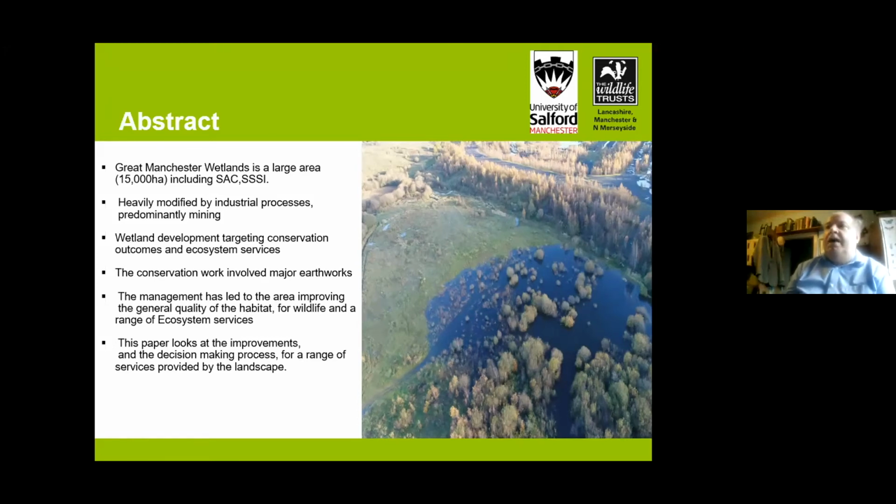So you can see it's very post-industrial. And these conservation works, because of the nature of the ground, have involved some pretty major earthworks. Over the last 20 years, we've moved in excess of 2 million tons of post-industrial spoil to create rational levels within the landscape. When the landscape was tipped, it had many piles and heaps and was on multiple levels, not all of which make sense when you're trying to create a hydrodynamic functioning landscape.